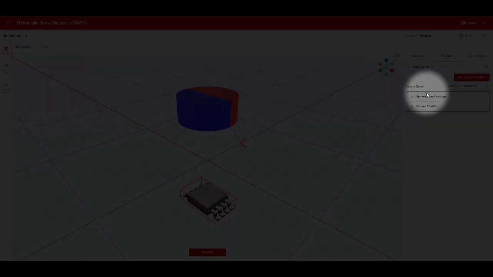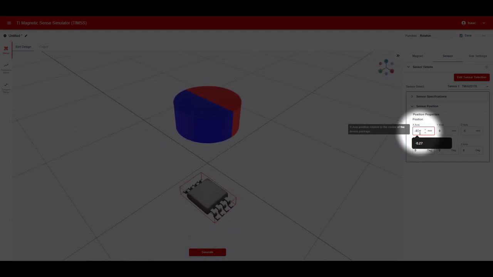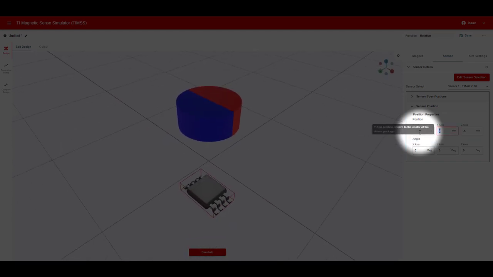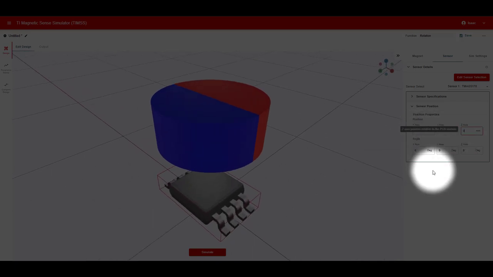Since TIMS handles the position of the Hall element of the sensors for users, when you would like to align your sensing element perfectly with your axis of rotation, you must adjust the position of the package accordingly. In this example, I will use the Sensor Position tab to set the sensor below the magnet. The x will be set to negative 0.27mm and y will be set to 0.04mm. The z position will be changed to 0mm since the package is approximately 1mm high, which will create the